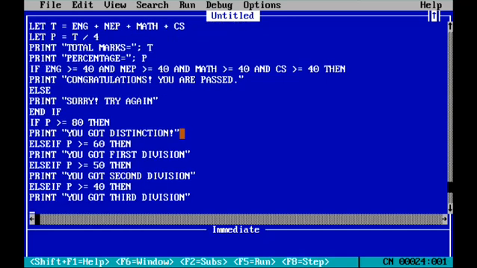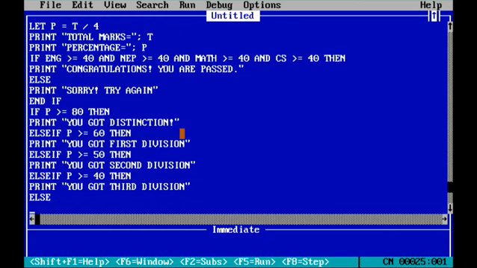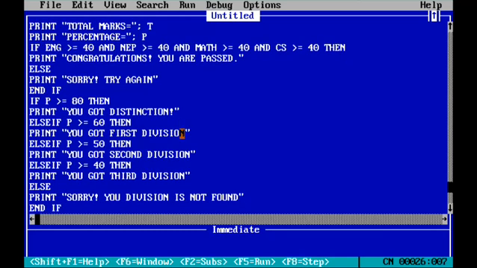Now next, if the student has not got up to third division, then what happens? If your mark is less than 40 also, then otherwise, else, directly you can write else. Simply you can write, sorry, your division is not found. Directly you can write. And next number, what to do?